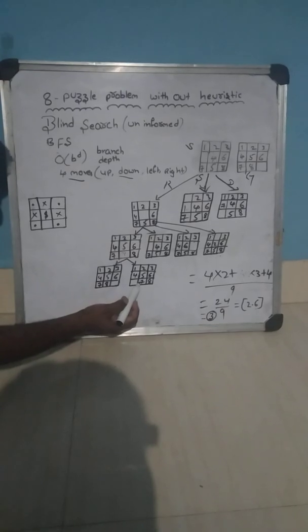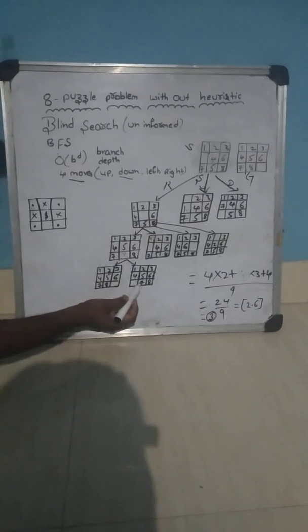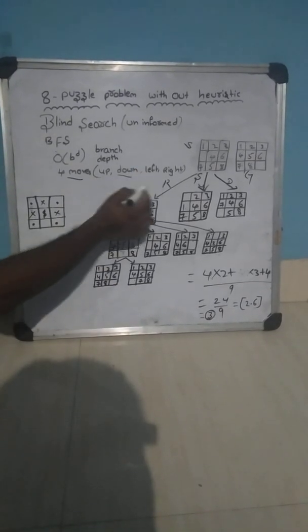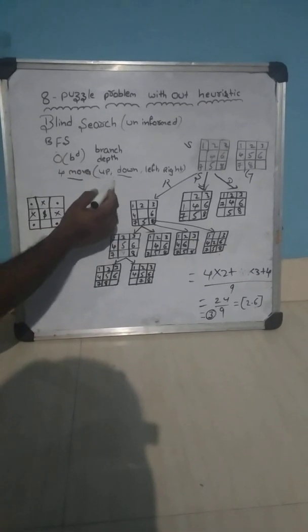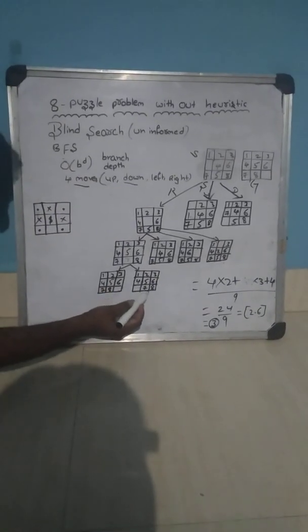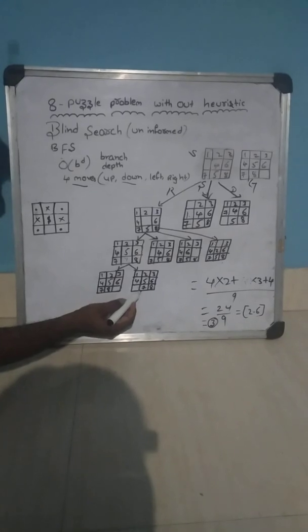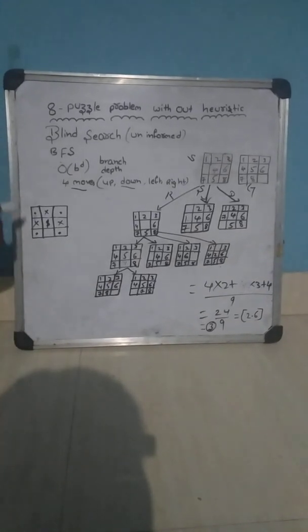Now I am moving the 7 to the right side, left to right move I am doing. So I told you, you can do any move, but out of this only I have to do. So we will get 7, 8. So we are almost reaching the goal node. Like that you can try all possibilities.